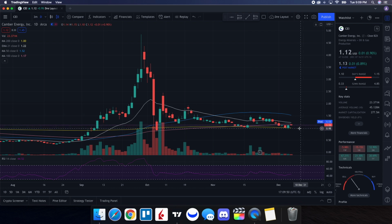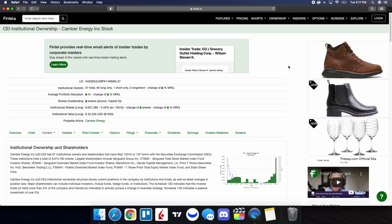But for the most part, we're just seeing a lot of consolidation in this particular range, and this is not bad whatsoever. As long as it's able to hold up $1, then I'd want to look forward to seeing us essentially being able to break out. So continue to keep this on your watch list. But as far as the swing trade strategy, you guys have heard it, and that's what I'm going to be looking forward to. So we're going to take a look at the recent institutional ownership and short interest information for